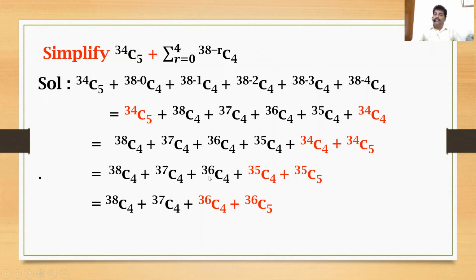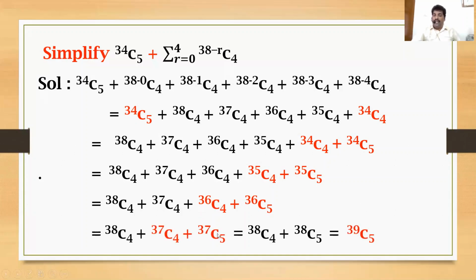Now you see the before term, 36C4 + 36C5. Again, for these two terms we can apply the same formula, because n and n are the same here, 36 and 36. Here the r value is 5 and r − 1 value is 4. If you apply the same formula, this becomes (36+1), that is 37C5, with r value 5. Plus 37C4, already there. Again the same formula: these two, 37C4 + 37C5, give 38C5. Instead of these two terms, we got 38C5.